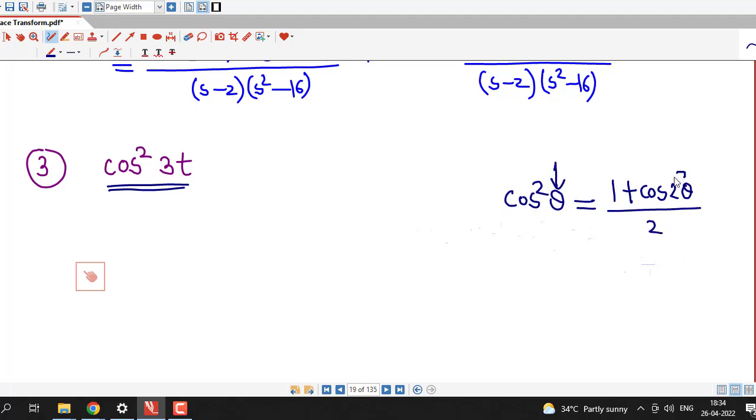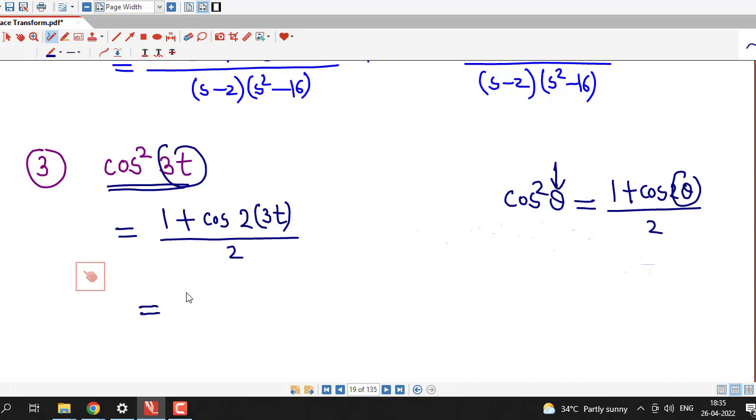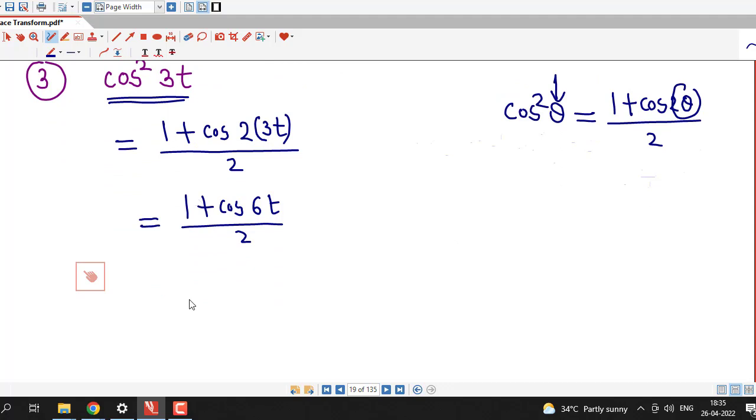If we have theta here, here angle is doubled. If there is theta, here we write 2 theta. So we can rewrite this function as 1 plus cos, here angle is 3t, that we have to double, that is 2 times 3t divided by 2. So this is 1 plus cos 6t divided by 2. We don't know what will be the Laplace transform of this cos square function. Therefore we are converting this function cos square into those functions whose formulas are known to us,